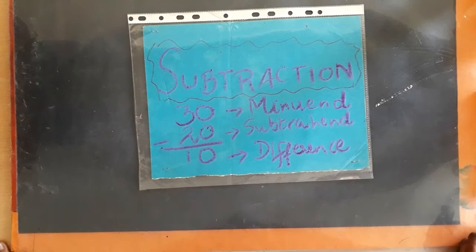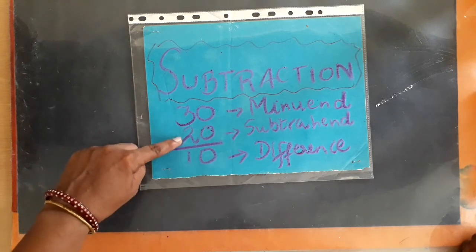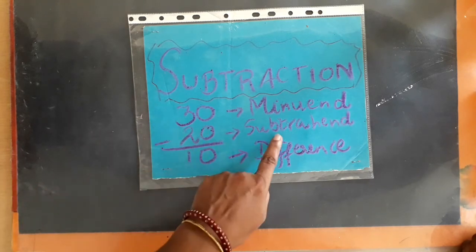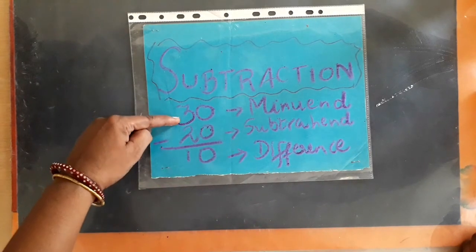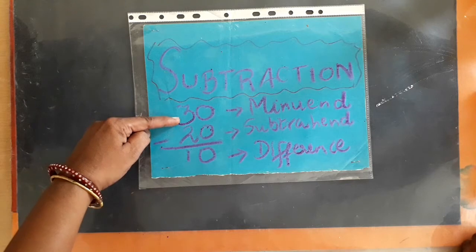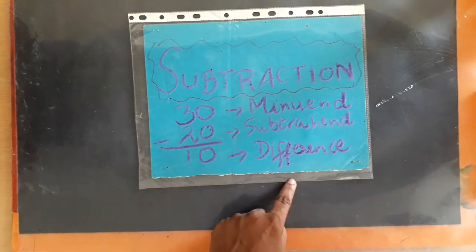be subtracted is 0. Also, you need to learn the terminologies used for subtraction. Here, the number which is to be subtracted is known as subtrahend. The number from which we subtract, that is minuend, and the answer is known as the difference.